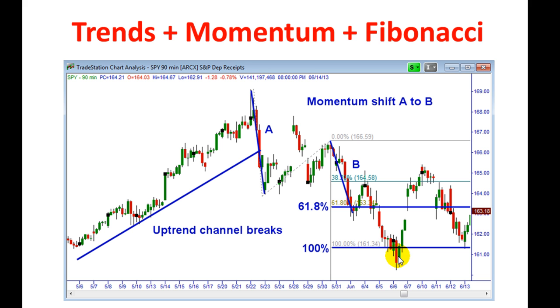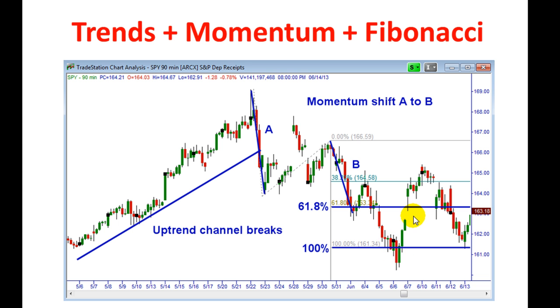And you'll notice that even though this pushed a little bit through that 100% level, the exact price of that 100% level, it did so only after shifting momentum at that price point. So when you're looking at a target level, that 100% point becomes that target level, but depending on how the momentum is going into that target, you might see it push through it by a little bit farther before it